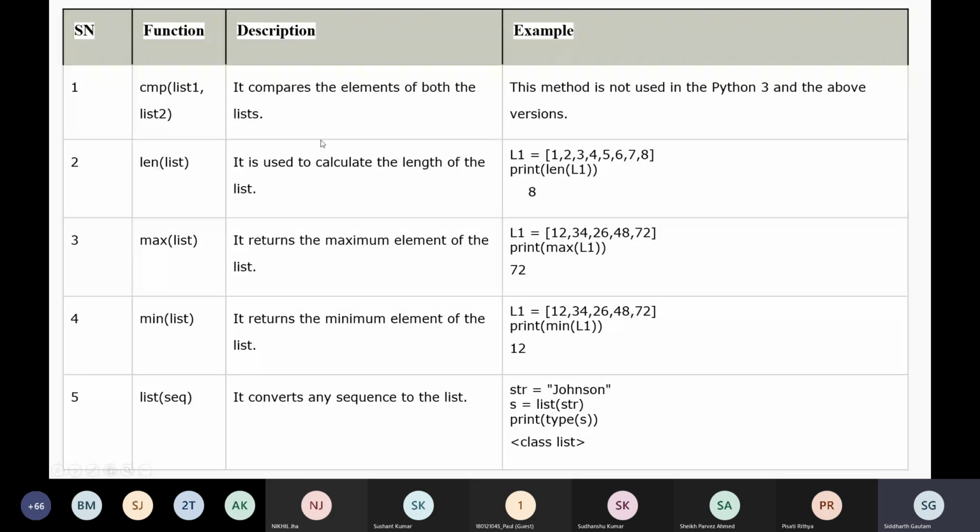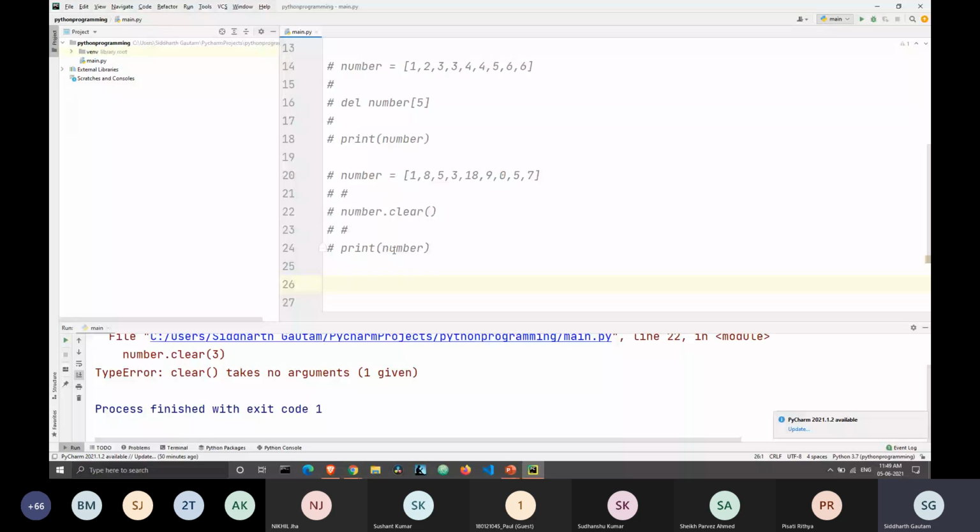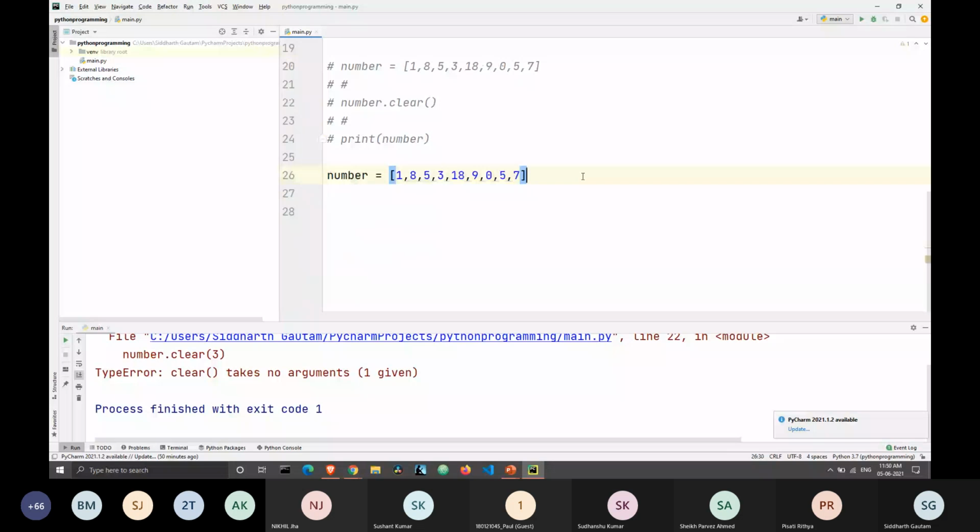Now we have the length of the list. Let me just copy and paste this list again. If we print the length of the list, the name of the list is number, and the list is a data type.